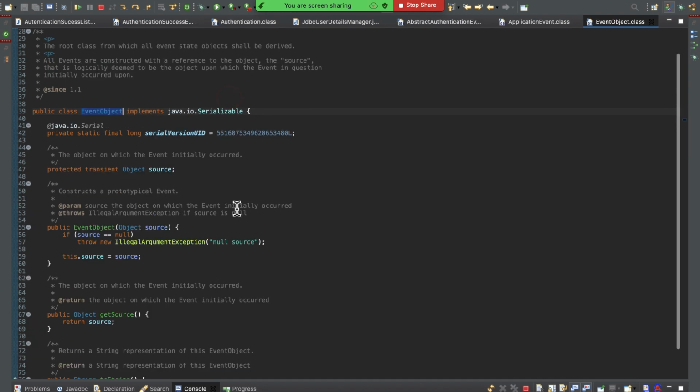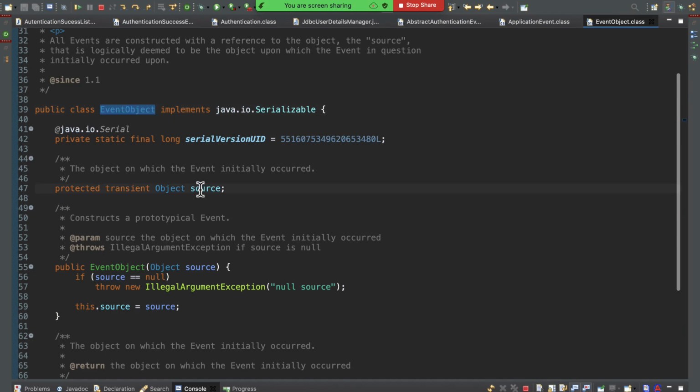And if you're going to go over here, the root obviously has an object source. Like, what is the source of that particular object? Right now, what is our authentication object? Now this source, if you come over here, close it,